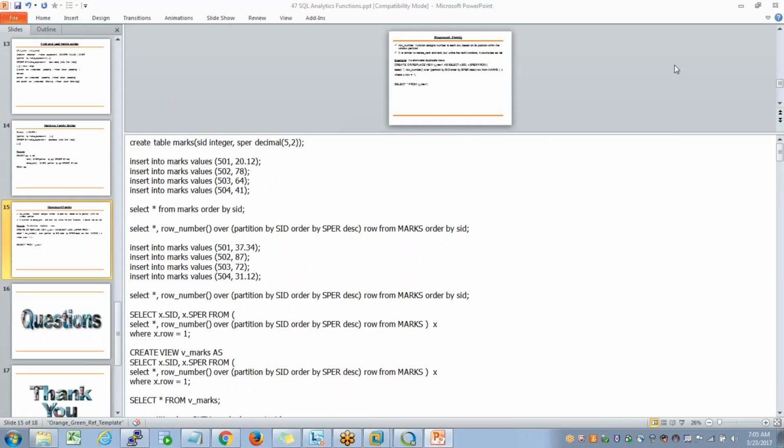Let me explain another important function called row underscore number. This will help me even filter out duplicates, and it has helped me solve the problem of lack of primary or unique key constraints. Now for that, what I am doing is